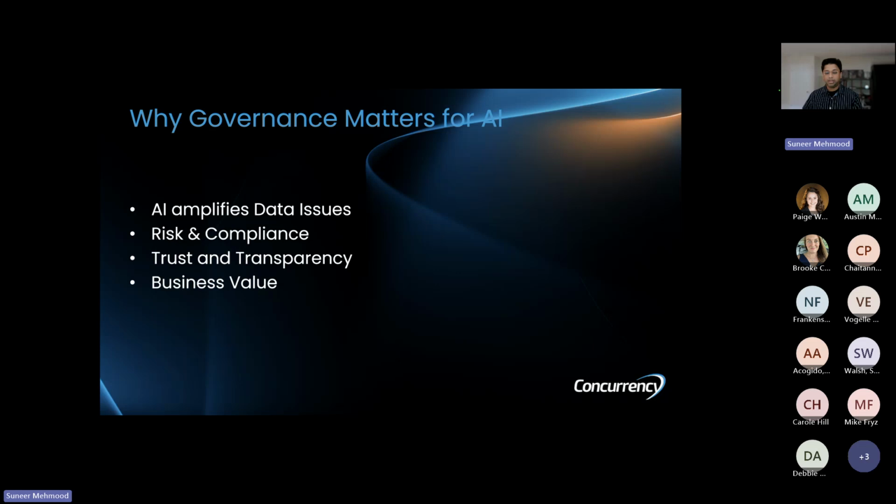So when I say AI amplifies data issues, I mean your AI model or machine learning model is only as good as your data. I'm sure a lot of you have heard garbage in, garbage out, right? If the data is not good, you make a model that gives you a biased output or not the right output. It can have unfair outcomes based on the amount of data you're training on or the biased data you train it with. And if you have impure data, the output could be completely wrong.